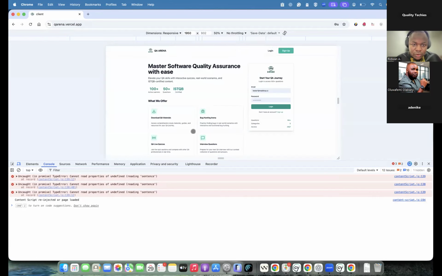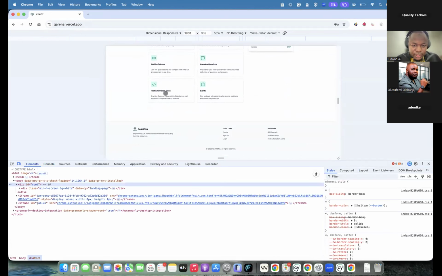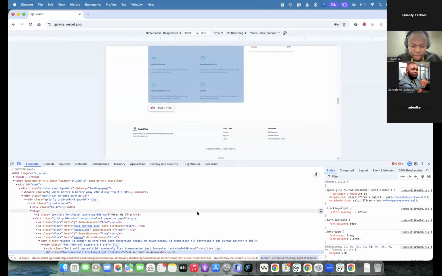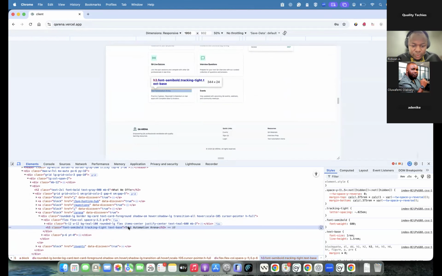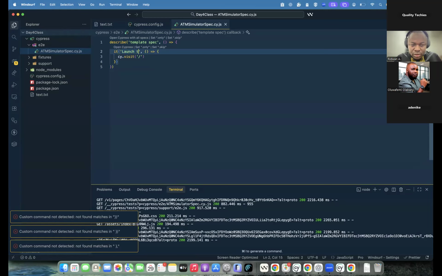Okay. So from our home page, we have test automation arena. We right click and inspect. Because this element is unique, I could decide to use it. So what are we testing for? We want to launch the